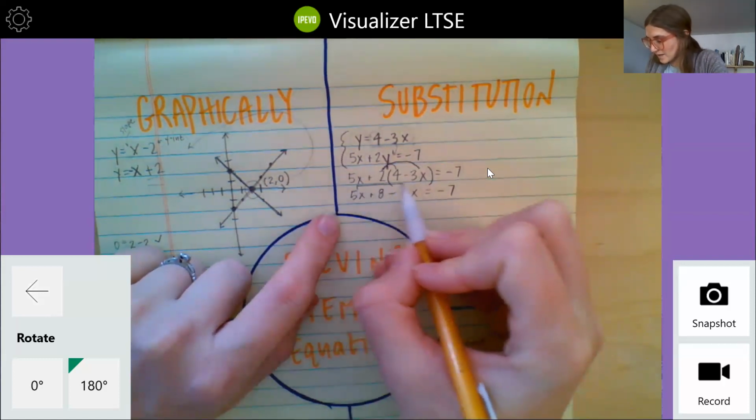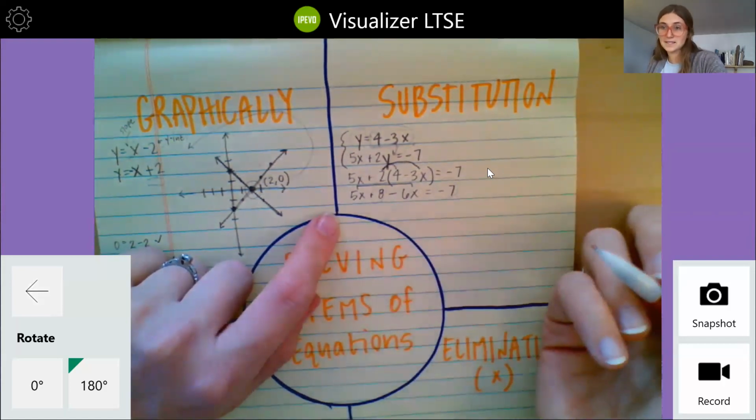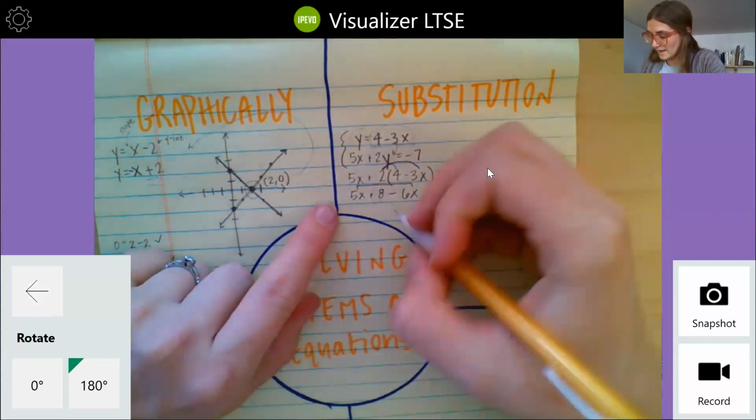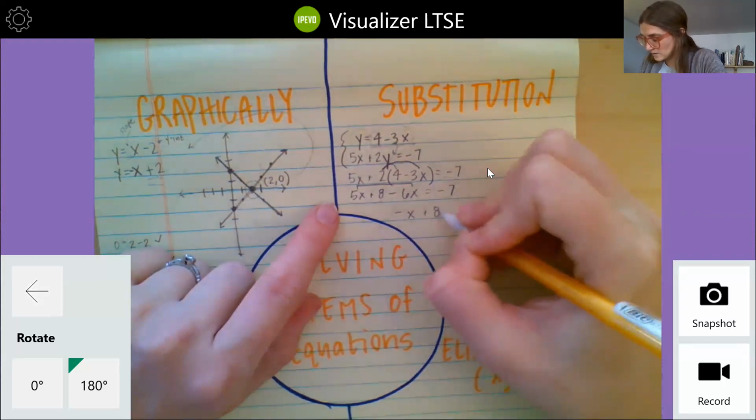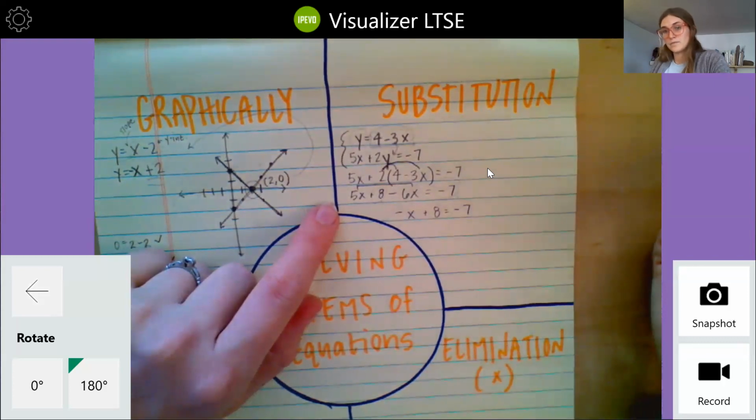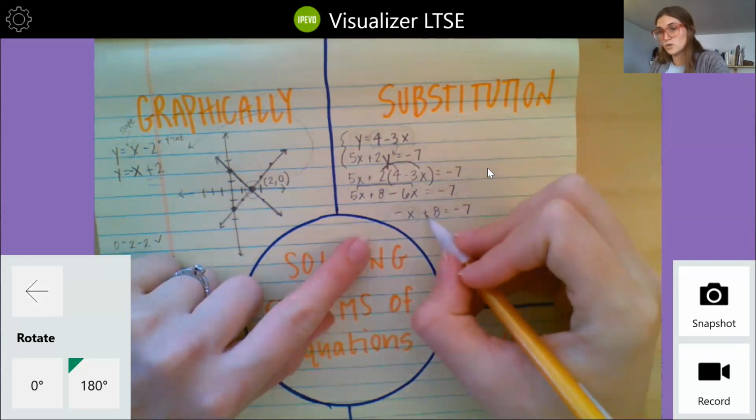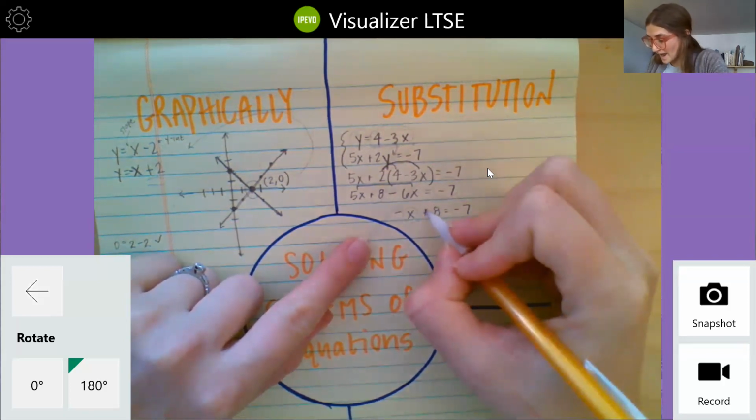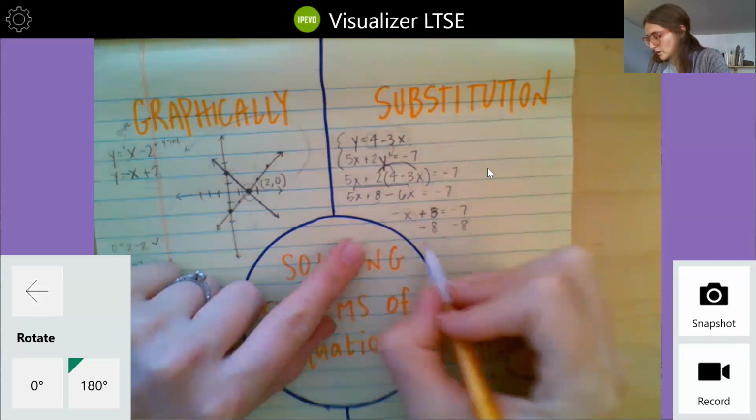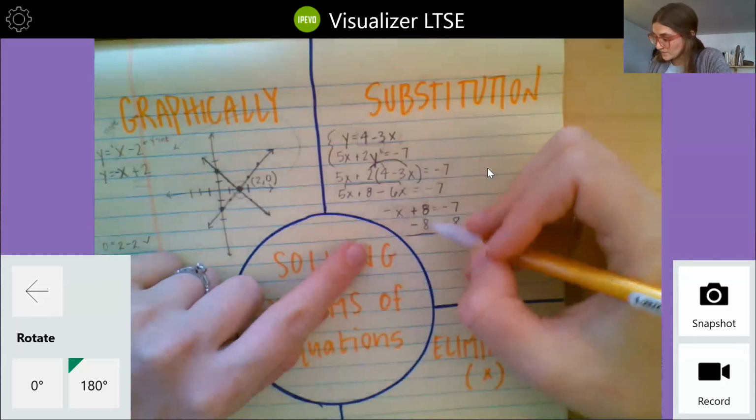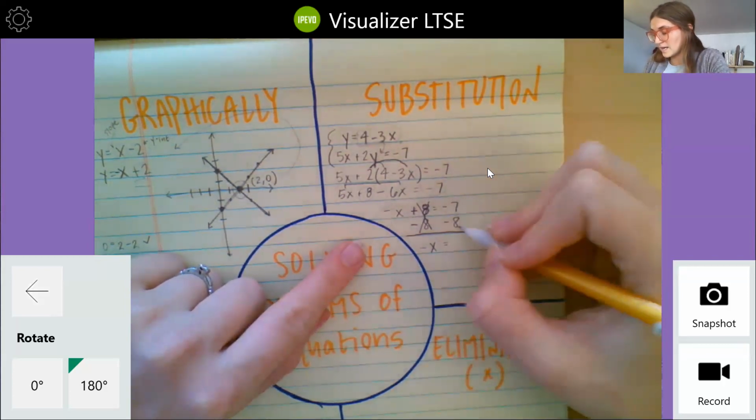So I can combine this 5x and the -6x. The 8's by itself, the -7's by itself. So 5x minus 6x gives me -x plus 8 equals -7. And now I want to get this x all by itself. So first thing I'm going to do is add or subtract. Since I'm adding 8 here, I need to subtract 8 in order to balance that out. And on this side, these 8's cancel out to nothing, and I'm left with just -x equals -7 minus 8